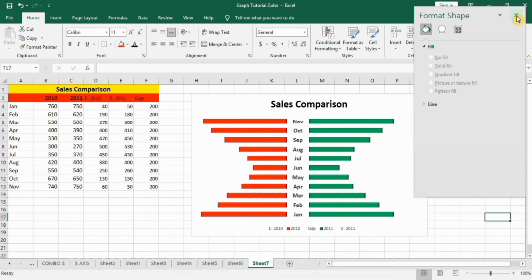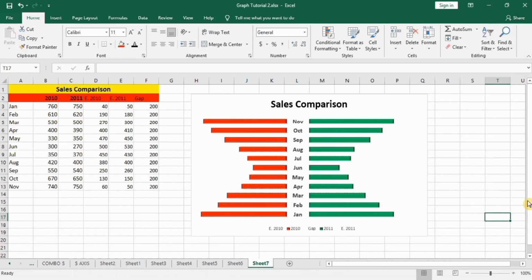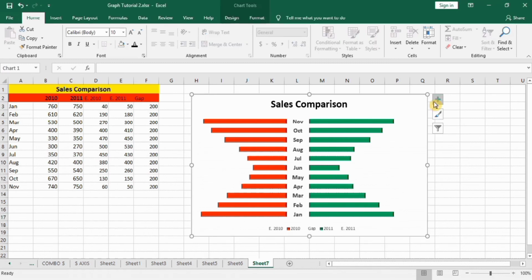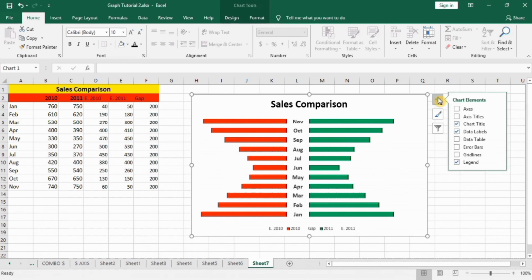Now I will teach you how you can adjust this legend, because gap and extra columns appear here. I will remove these, but before that I want to insert data labels here. Select this graph, go to the plus sign, and here you can insert data labels.